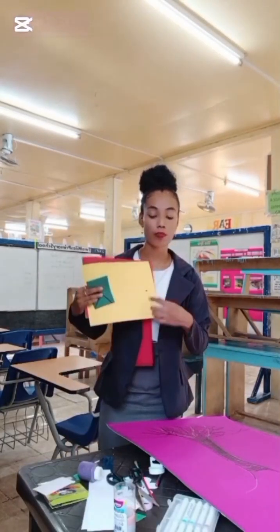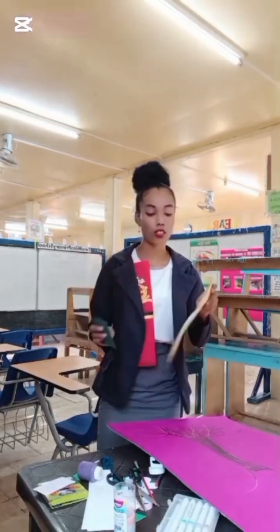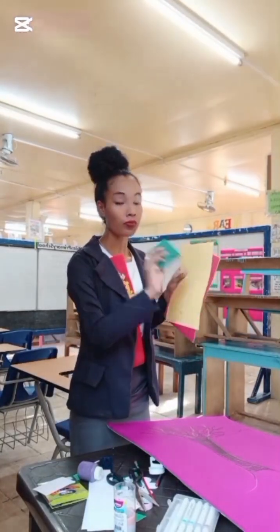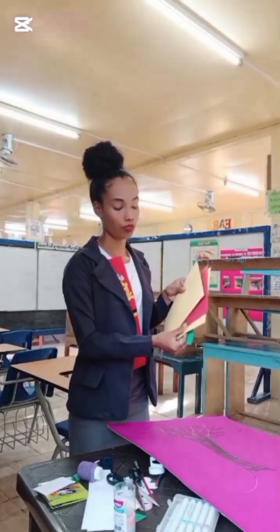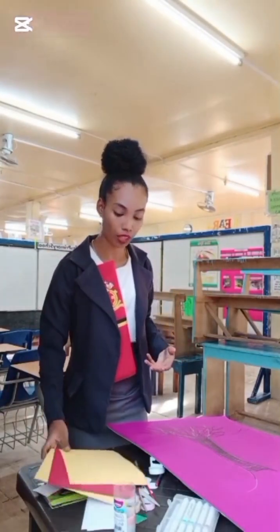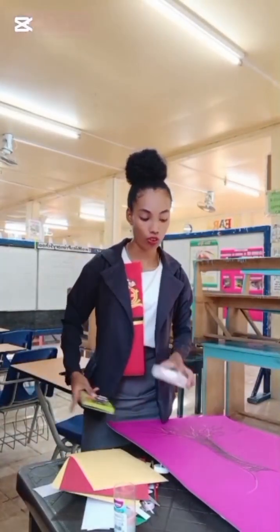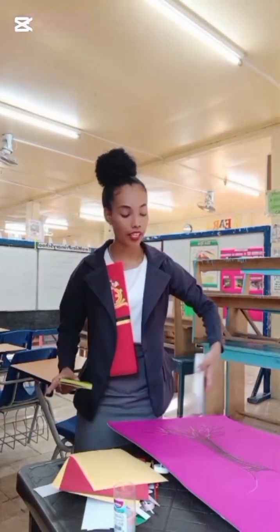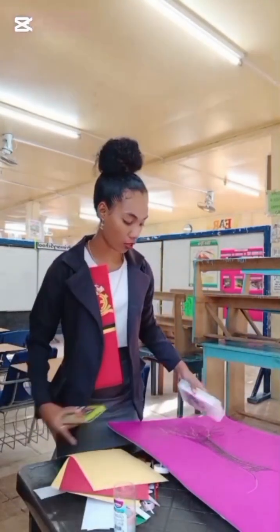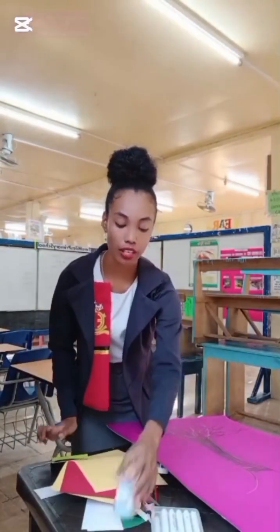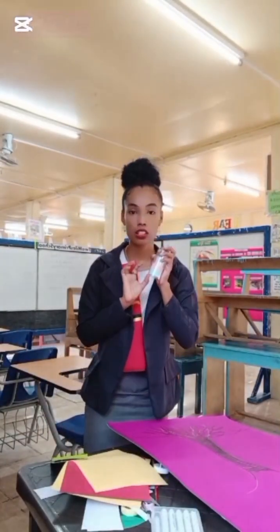We're going to use our materials that we have here to cut out the flower and the leaves and the fruit. I have some crayons and markers that I will be using to draw the outline of the tree, the plants and the roots and so on, the soil. I have my cardboard, I have some glittery